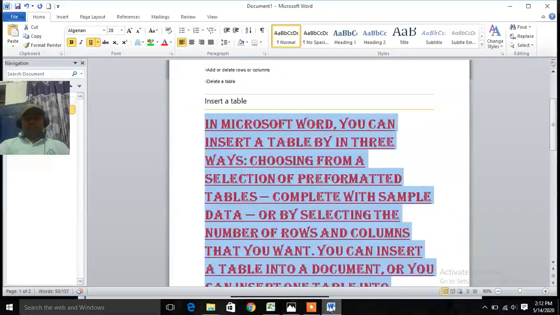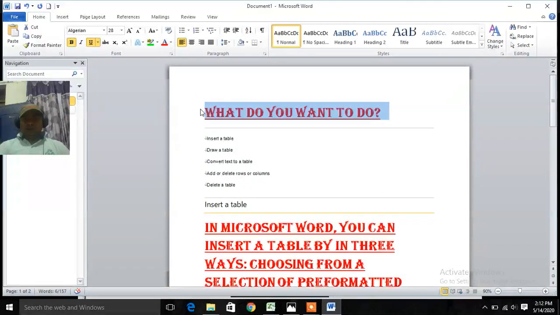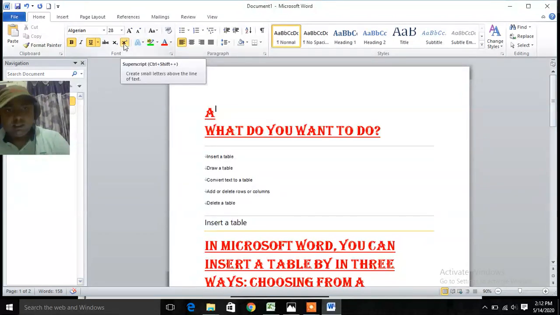So let's see. Suppose I want to write A square. So A, then I will click on superscript, square. I clicked on this superscript button. You can see it is superscript. So now 2 has come.